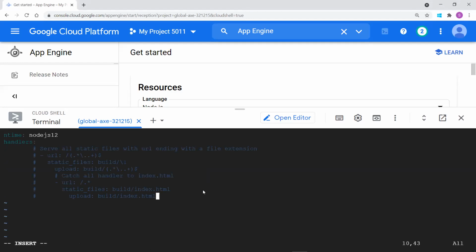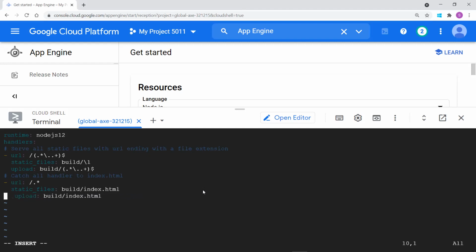Pasting this. So once you paste this, the format would be gone, so let's rearrange it properly. Everything came with the comments, so let's arrange it in a proper way. As this is YAML, the format is more important for us. The format matters, so let's format it accordingly. Give me a second, I will be formatting this. So once you format this app.yml file, we need to save this file.